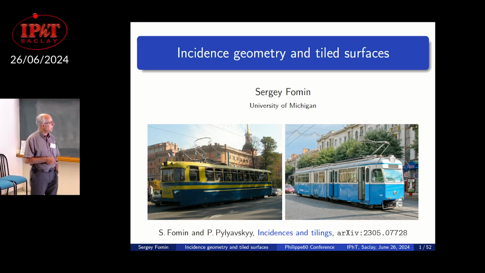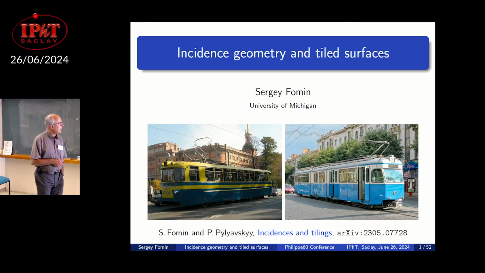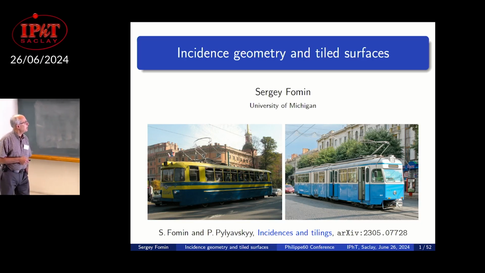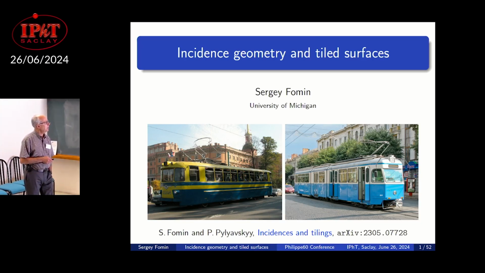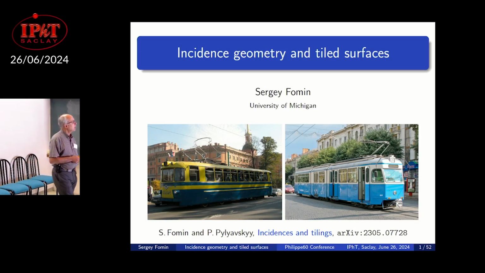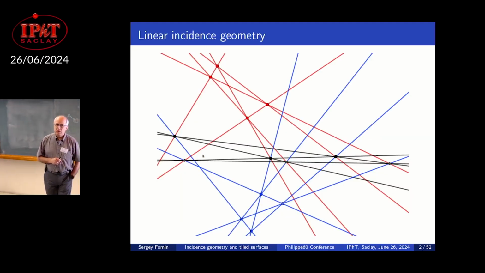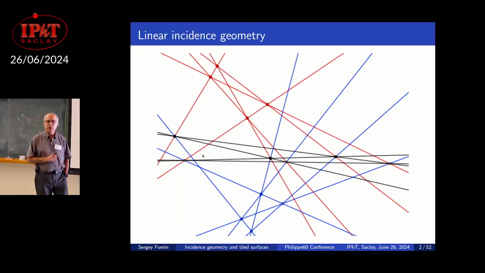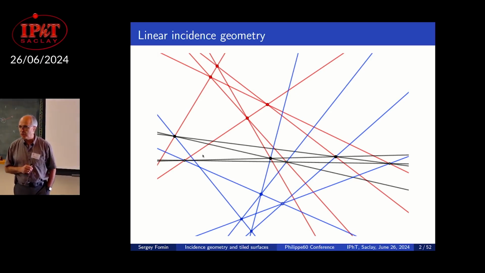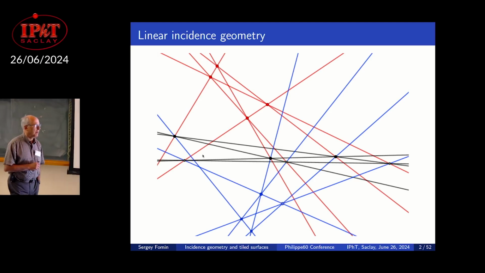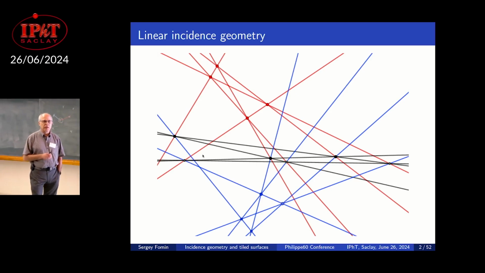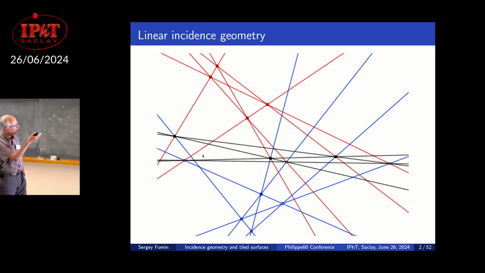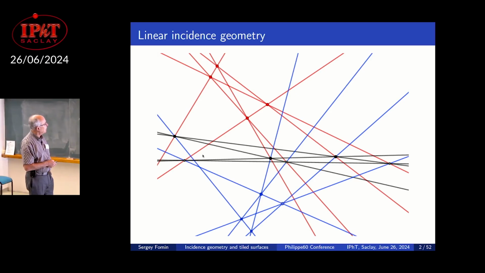These are streetcars from our hometowns taking divergent paths. And the subject is linear incidence geometry. Linear incidence geometry is a classical subject. By classical, I mean at least 2,000 years. And the kind of results that linear incidence geometry studies are theorems of the kind that you see on the screen, where there are lots of lines, for example, here, and some of them intersect at a point.